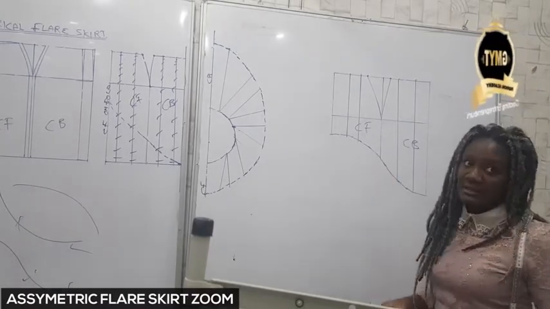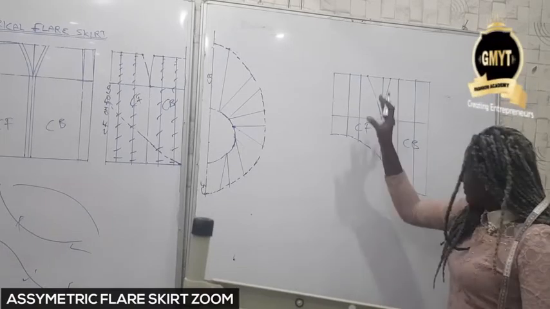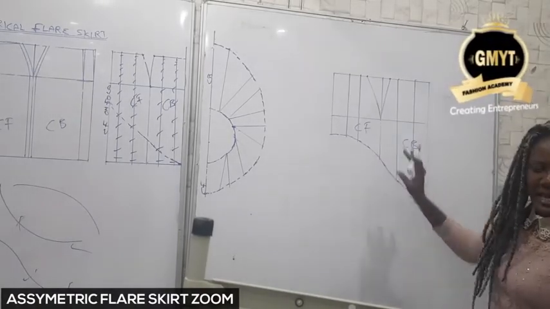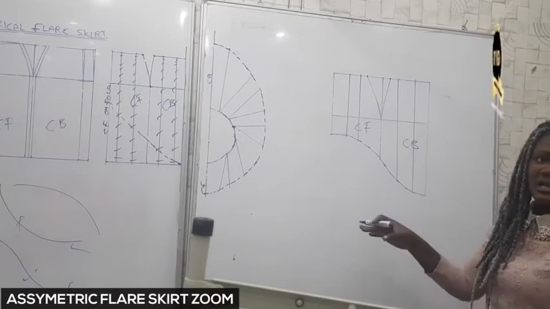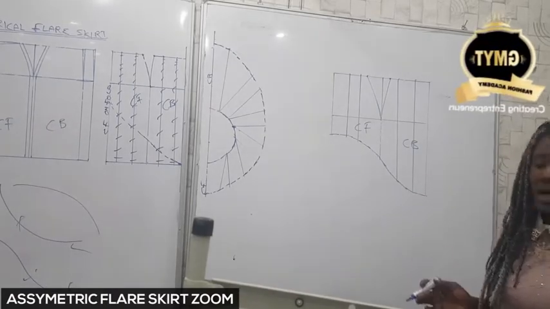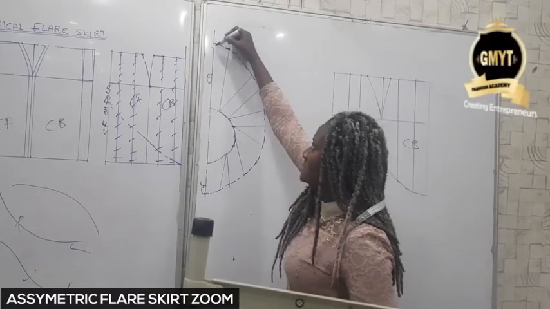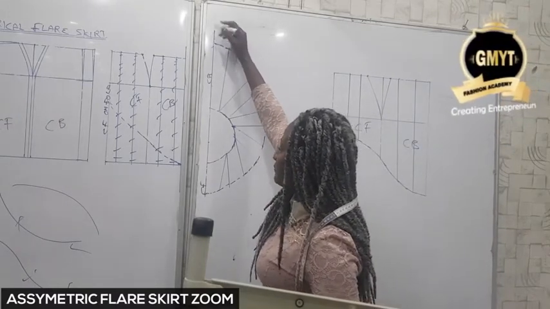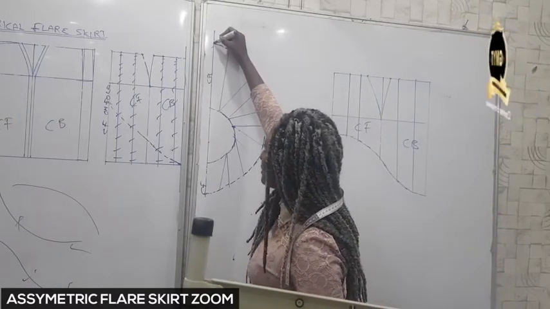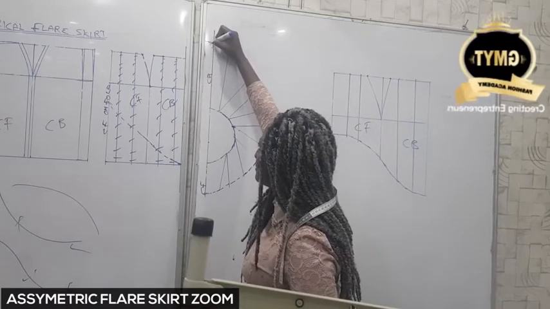Some people say their hands are not straight and they cannot get it. So by the time you've done this on your pattern, and then you're placing it on fabric and slashing and spreading, it makes the whole work much easier. So after I'm done with this, I add my allowance. I can come here after I've slashed and spread on fabric, and I add my